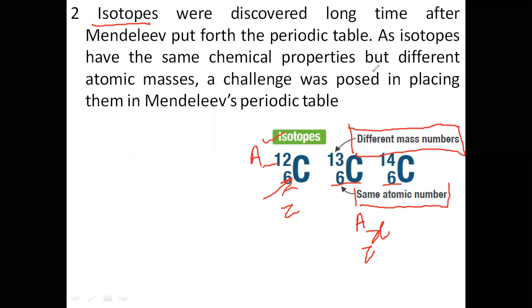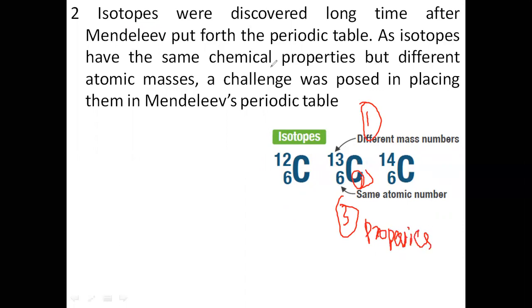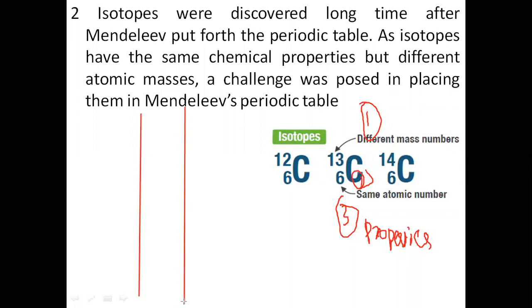So these two points are very important. Another very important, third point is that these are all made up of carbon. So remember, their chemical properties are always the same. Now the question is how to arrange these elements. Let's consider we have a group. As we know, each and every element in a specific group must have the same properties. But you can see here that carbon isotopes have atomic mass numbers 12 and 13.